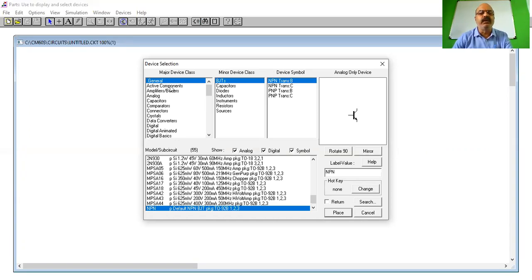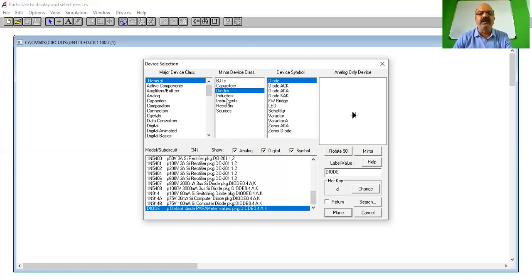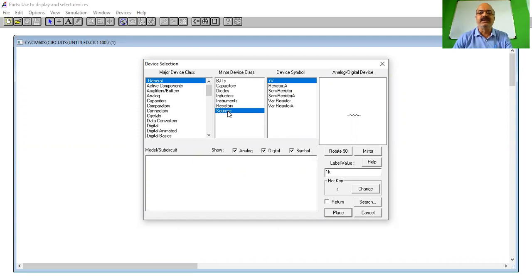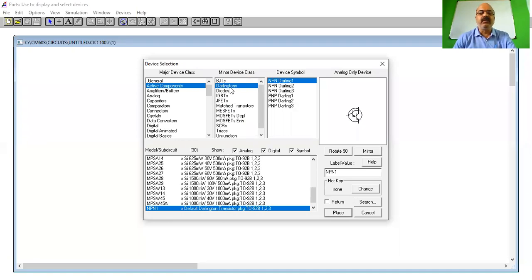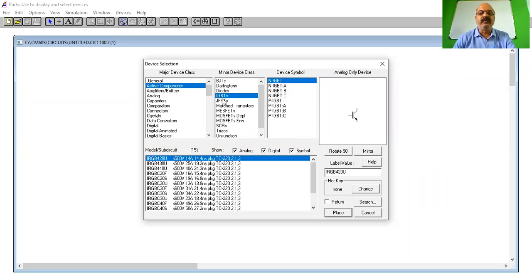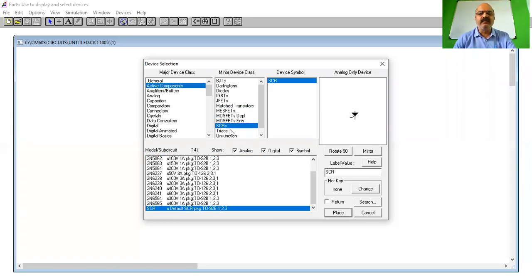Here you get different types of devices. In the general category, you have BJT, capacitors, diodes, inductors, different types of instruments, resistors, sources meaning battery, ground, all these things you get in the general menu. If I say active components, in the active components, all the semiconductor components you get: BJT, Darlington pair, diodes, JFET, MOSFET, SCR, TRIAC, UJT.